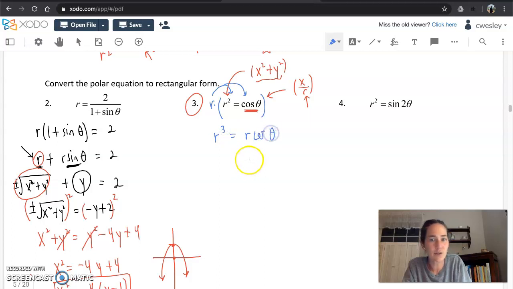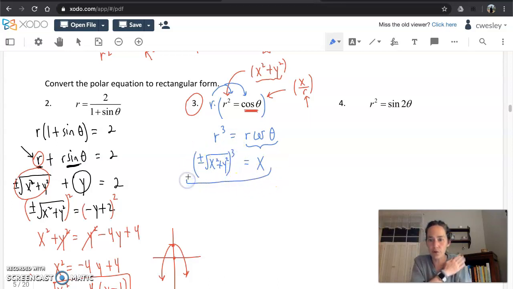What it does for us that's awesome is it lets you just plug in an x on the right-hand side. That's beautiful. On the left-hand side, we can handle this too. We've seen in previous questions that if you want to sub in for just r, according to the square-rooted Pythagorean theorem, it's the positive or negative square root of x squared plus y squared. And that's going to be cubed because we had r cubed. So a pat on the back is in order because we successfully got this in terms of x and y,